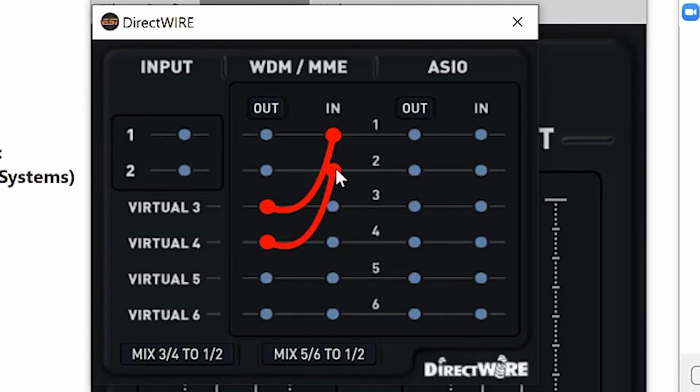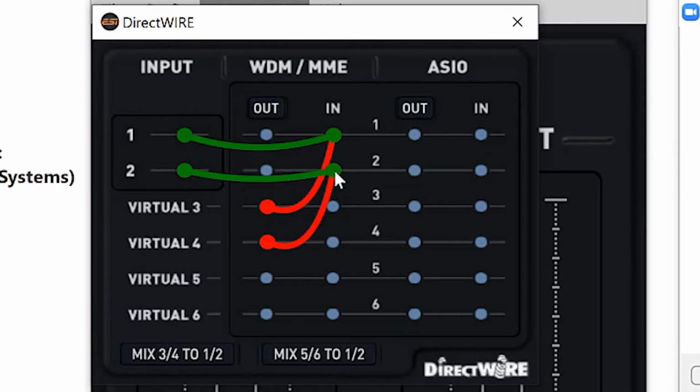Of course, your microphone signal must still be sent to Zoom as well, so that the other person in the call can hear you. For that, you connect the physical input you use, in this example input 1 and 2, also to WDM-MME in 1 and 2.